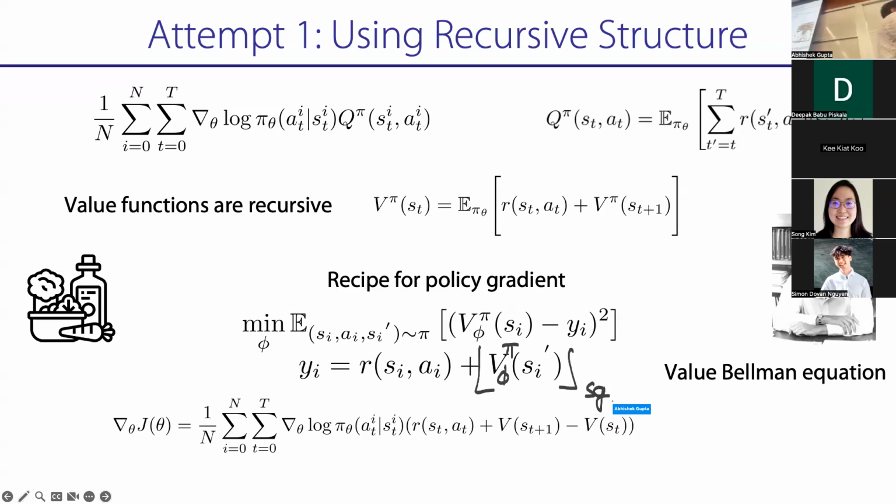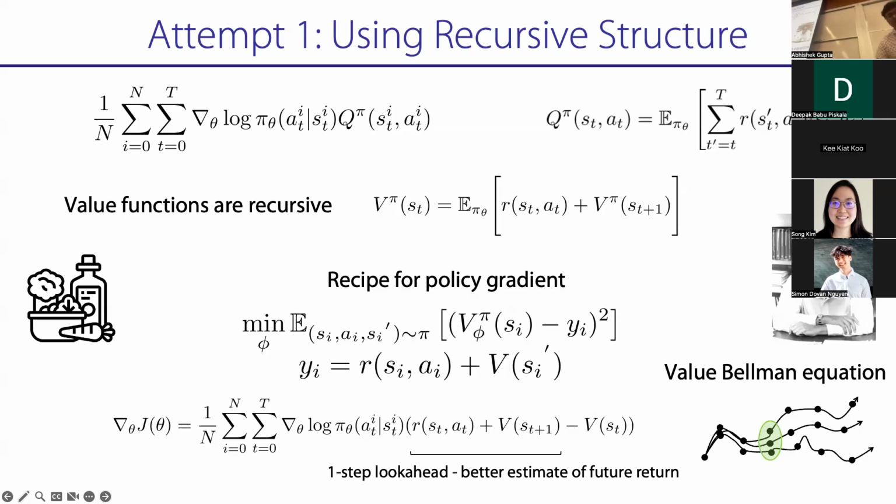Right, so the way you're going to implement this in practice is you'd have r plus v, you're going to stop grads, you're not going to have grads to the right-hand side, you're only going to pass grads to this, and then every so often you're going to swap. So we'll talk about this idea of a target network in a second, but think of it as a way to do stability for now. Okay, some questions?